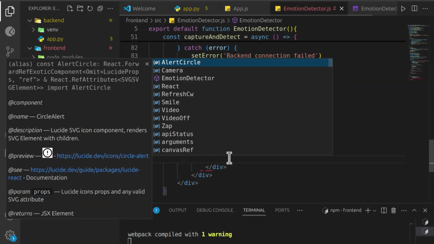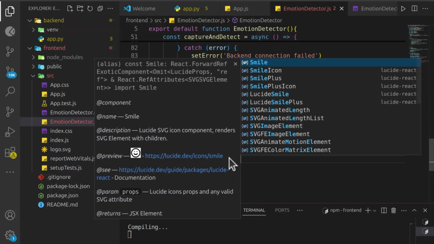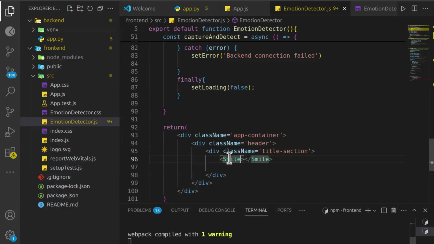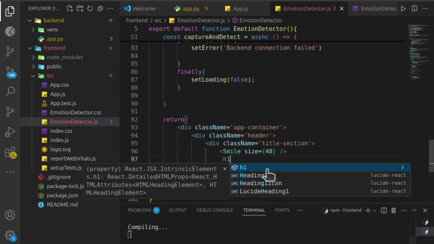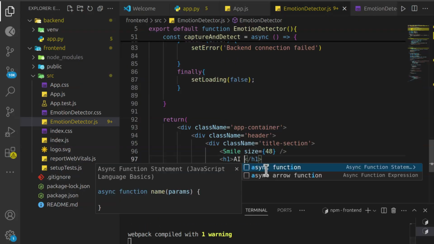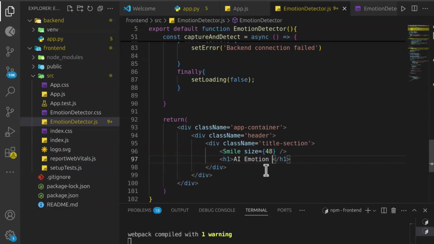Here, a smile icon, size 48, and this is a self-closing element. Below the h1, AI Emotion Detector,